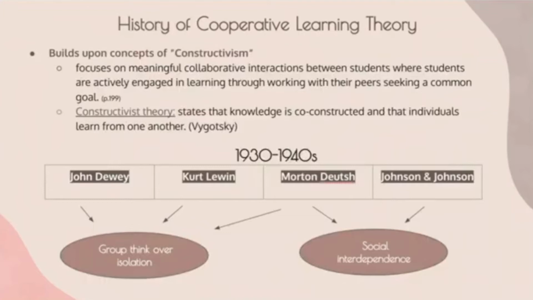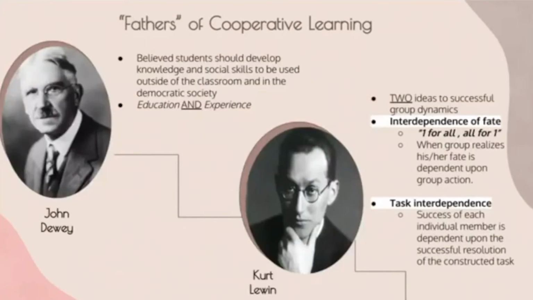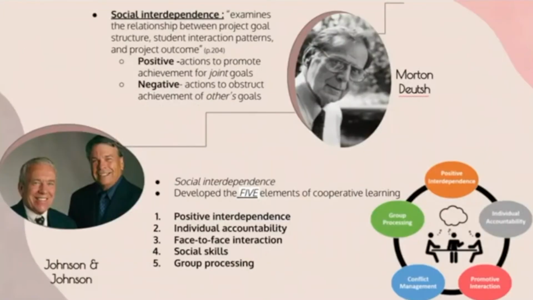The history of cooperative learning stems from constructivism and the constructivist theory, as well as groupthink over isolation and social interdependence. Having influence from John Dewey's belief, Kurt Lewin introduced the group dynamics, known as interdependence of fate and task interdependence. Studying under Lewin, Deutsch and Mill came up with positive and negative social interdependence based upon the group